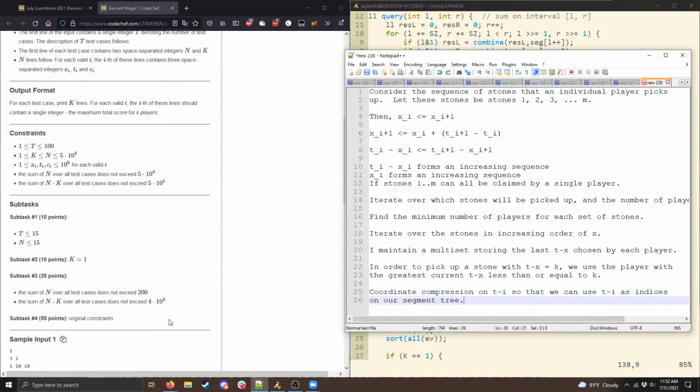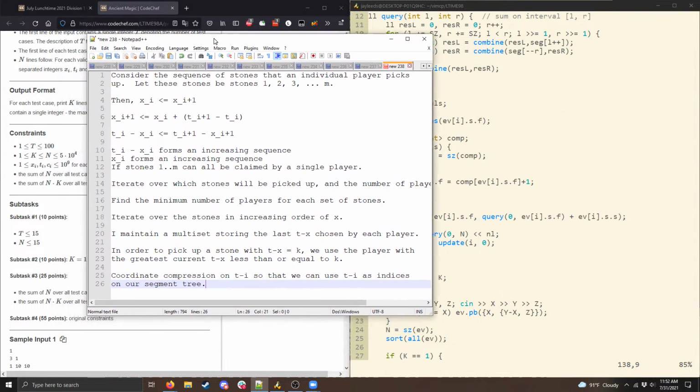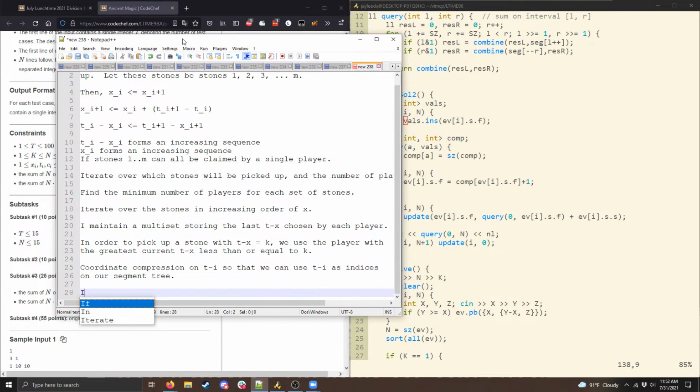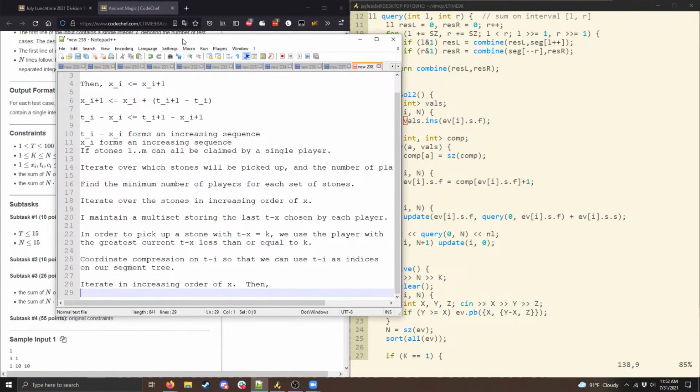And that's valid because keep in mind, the only thing we care about at this point is the ordering of the t minus I. The values we don't care about at all. And so then again, I'm going to iterate in increasing order of x. Then